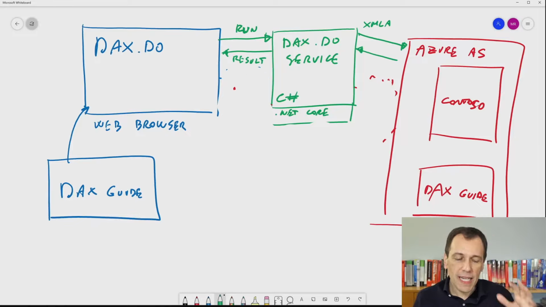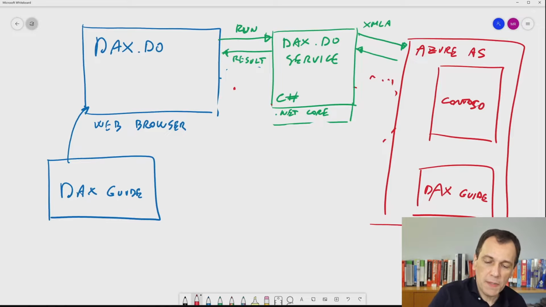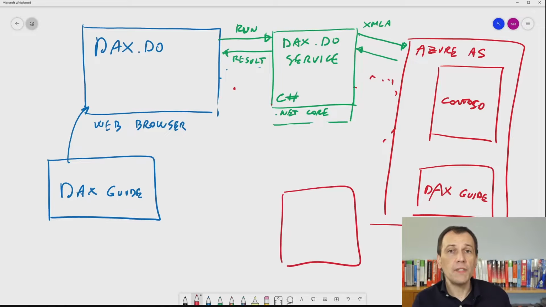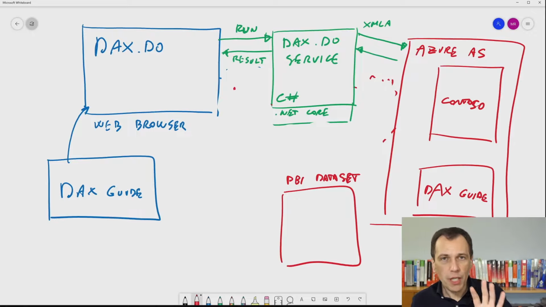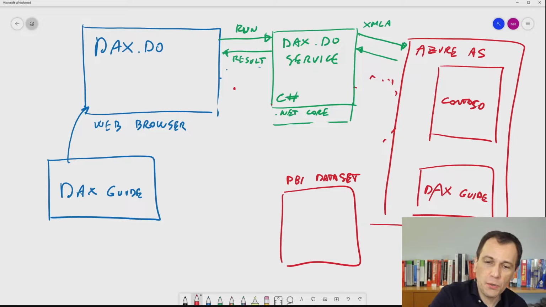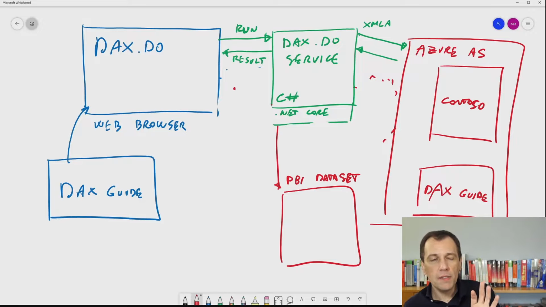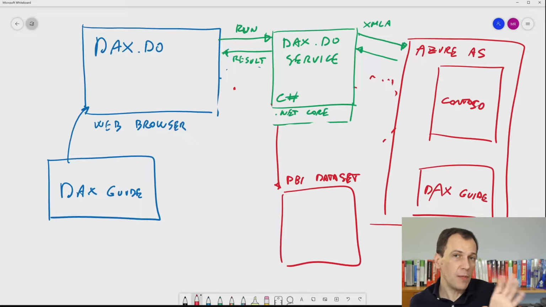So let's say that you have your own database. Your own database is on another service. So let's say that you have your Power BI dataset here, okay? Now, technically, we could connect DAX.do to your database, but this would be not safe from many points of view